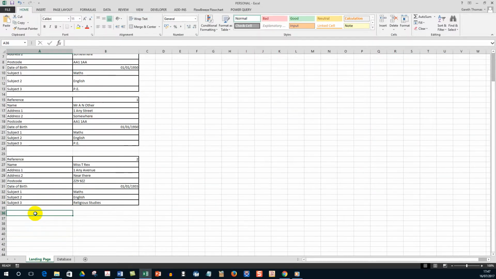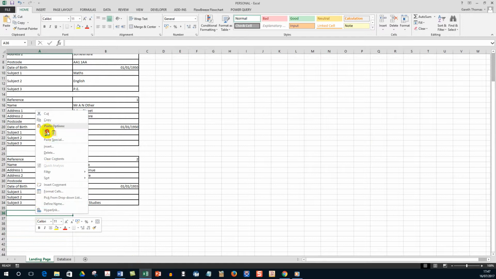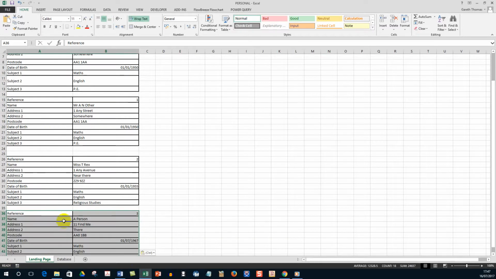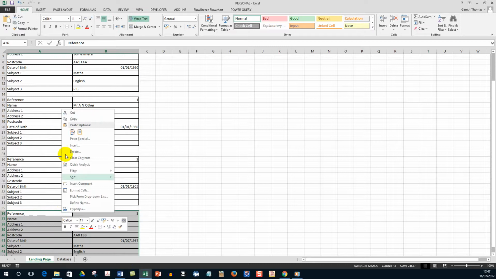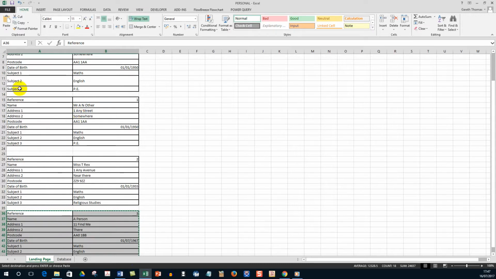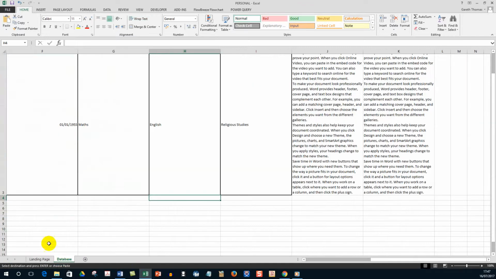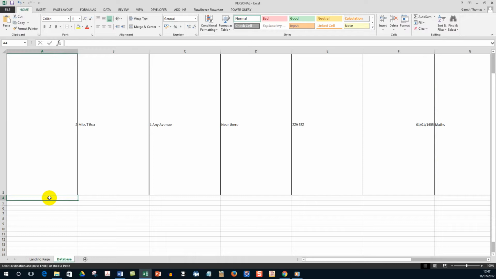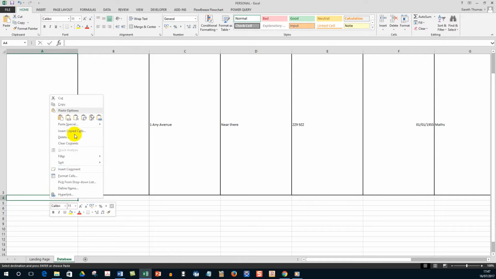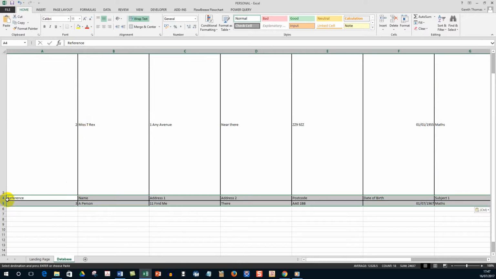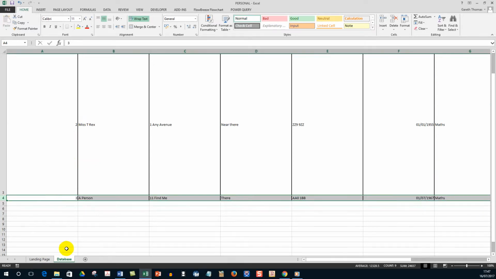Now this landing page is a temporary holding place, that's all it is, because when we've done this, copy, all this data here will be deleted, not the tab, just the data, because we don't need it anymore. Go to the end, right click, transpose, highlight the row, press Ctrl minus key at the same time,